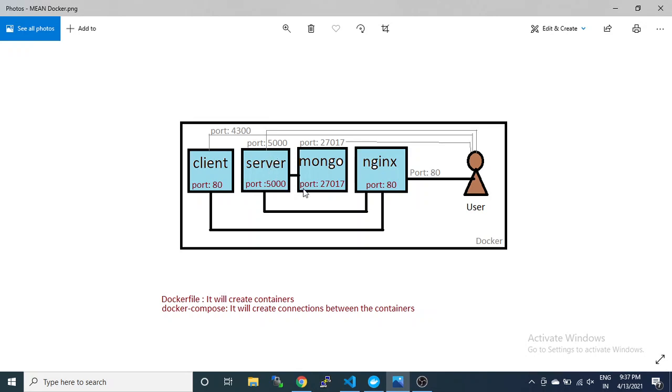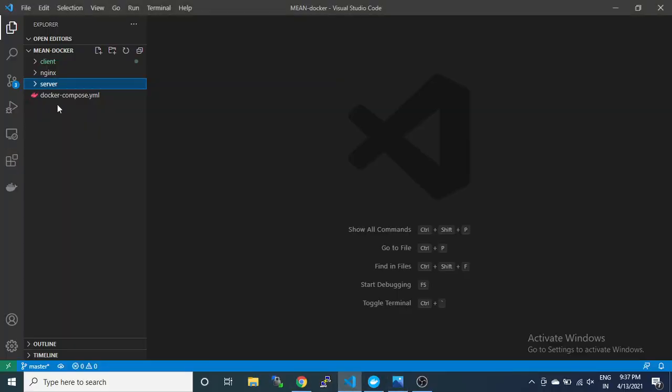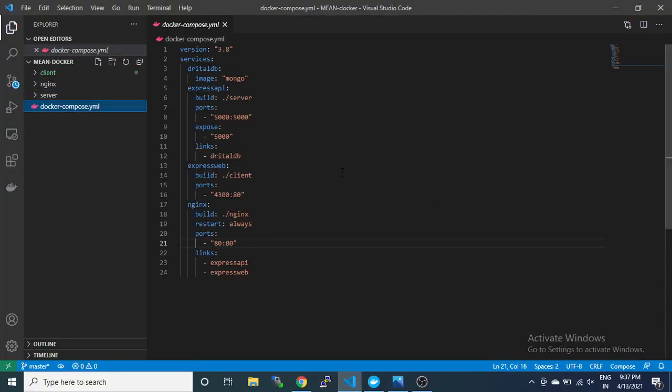Okay, now the third one is Mongo and nginx. For that one we have written it here. For that too we have written it here. For nginx it is there, and the database which I have named DrittleDB here. So the DrittleDB and nginx, two containers, will be created